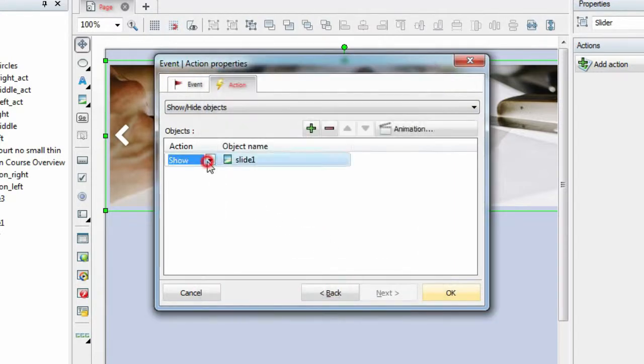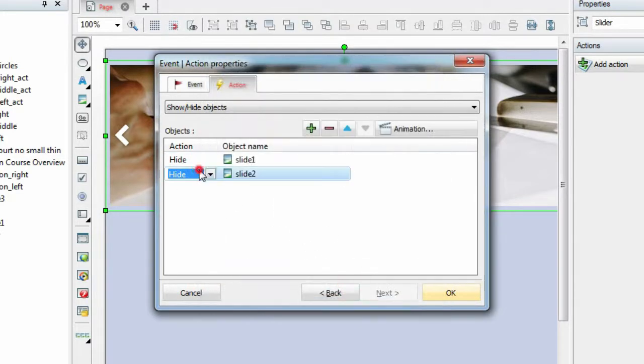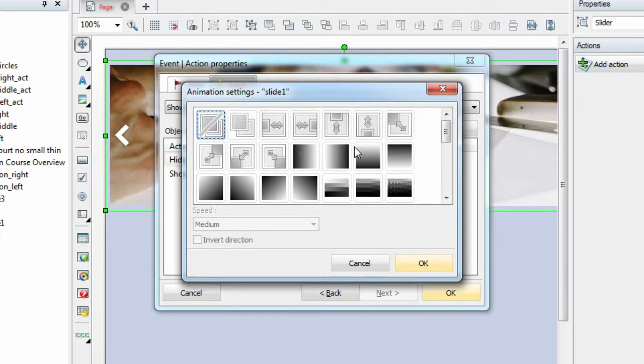Select the slide 1 object to hide, and select the slide 2 object to show. Additionally, we use animation when showing and hiding objects to make a smooth transition from one slide to another.